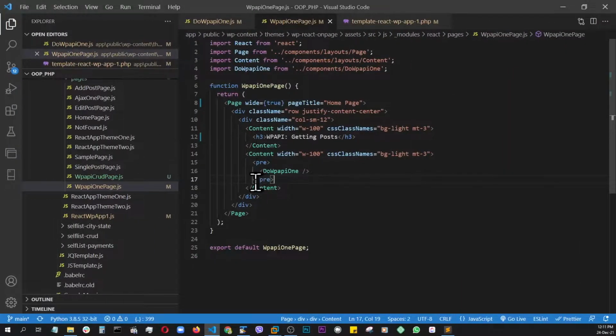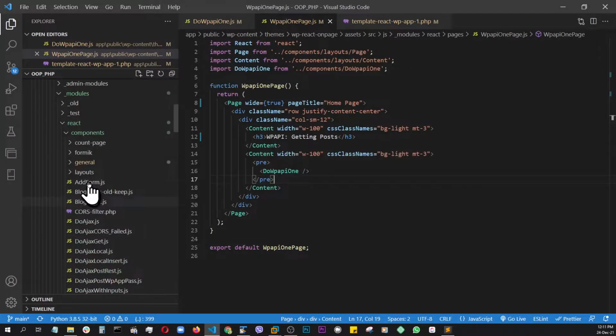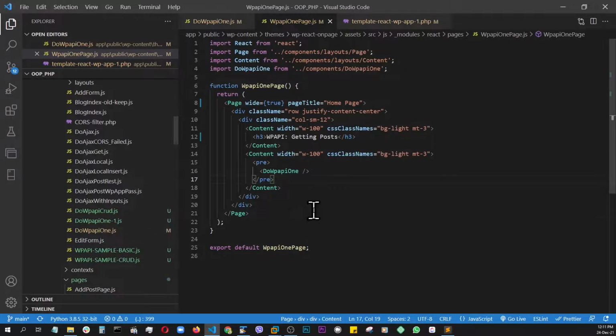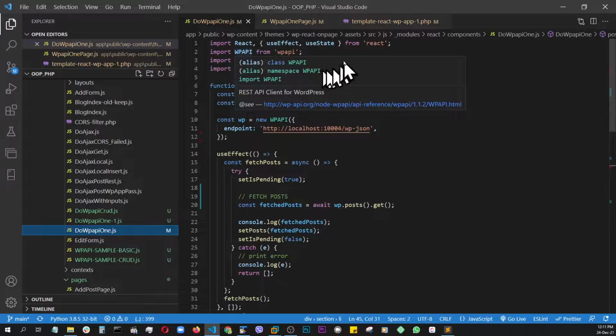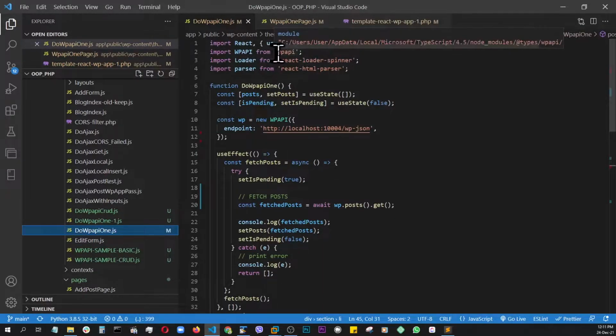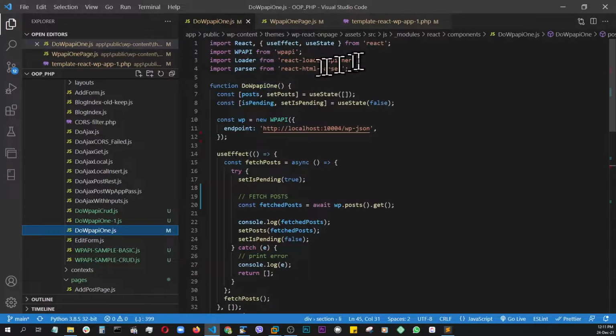And then I'm calling this module right here, which is right here under the component folder, and this one right here, WP-API1.js, and this is the one we're going to be mostly working with. And here, as I showed before, the WP API, I'm loading it from React. I'm loading the useEffect and useState, and the other two are basically the loading spinner, and